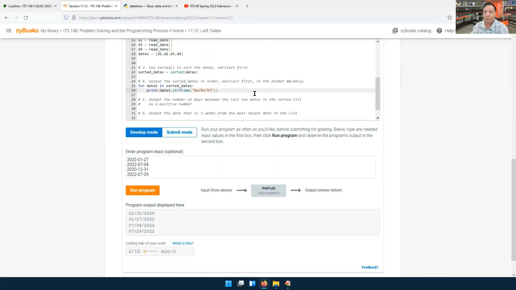Well, so you can take the last two, which would be D3 and D4, right? So you can do difference equals D3 minus D4,